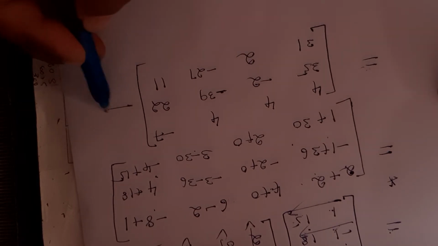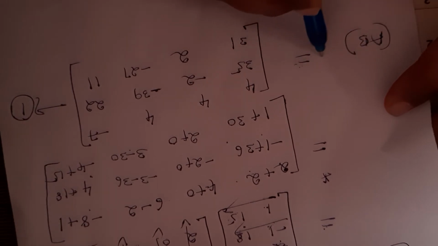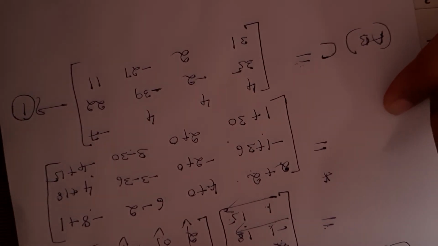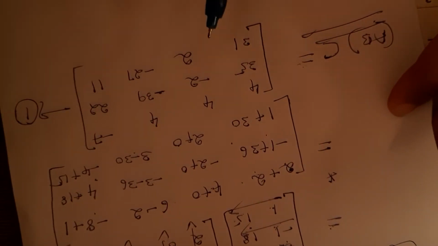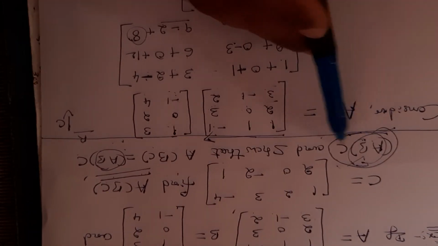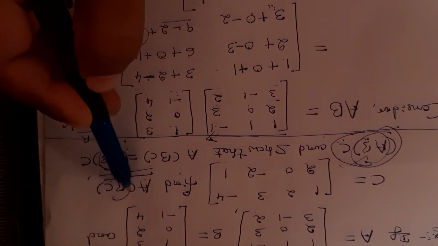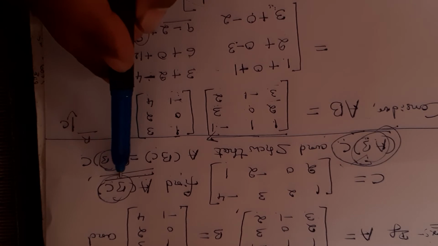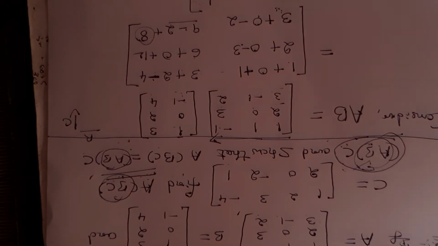So let us call this equation 1. This is AB, the product, into C. So we have to find out the other side. This is AB into C, so we got this matrix. Okay. So observe the question here. AB into C, we have calculated this one. Now we can calculate A into BC. Before that, what product should we find out here? You can find the product of B and C, that is BC, the multiplication of B and C. I will show this product in the next page here.